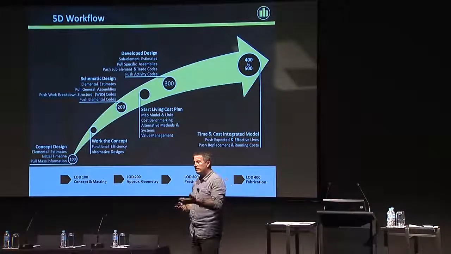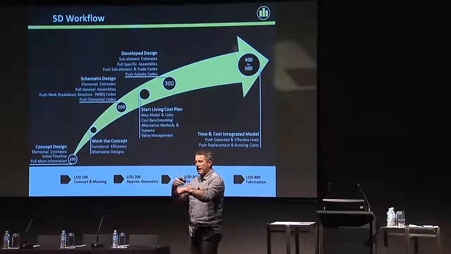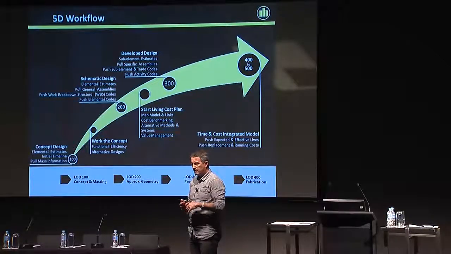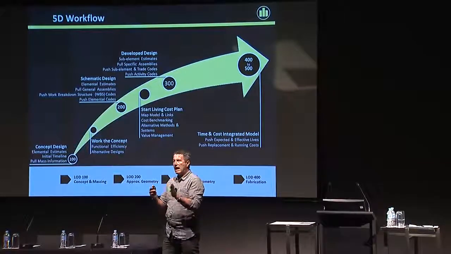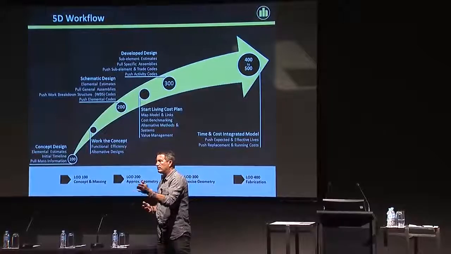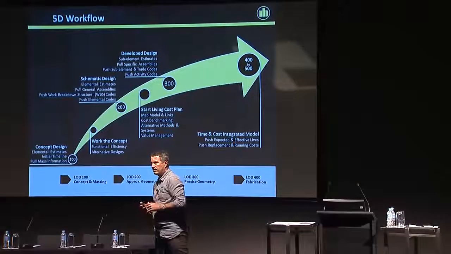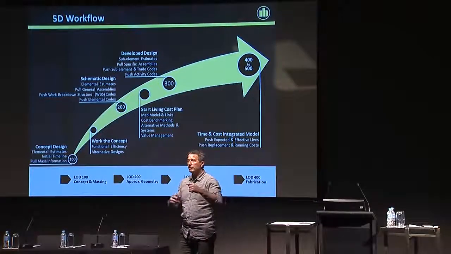The next one is the living cost plan, because that's where we start to get in this automated costing regime. And really that's what drives cost certainty. So if you had an extremely accurate model, that would make cost certain. But what makes things more certain is when you rehearse it over and over and over. So it's about estimating,